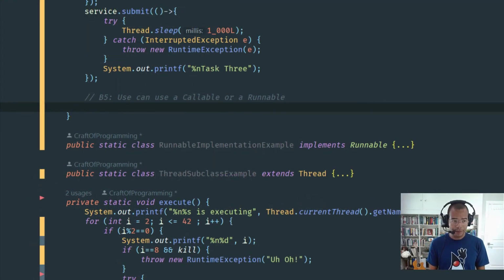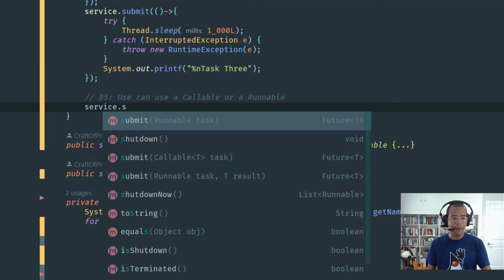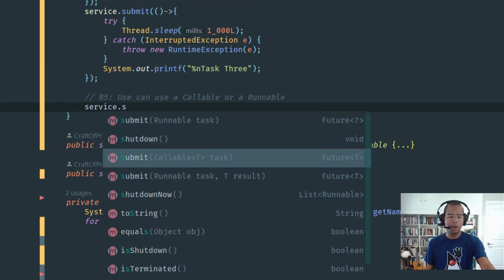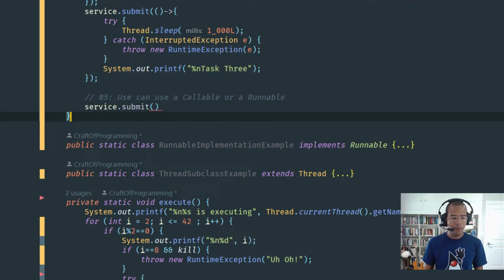Well, the call is always the same, right? You just do service.submit, right? But notice that the submit method here can also accept a callable, right? So that's kind of what I want to do. So to do that, let's